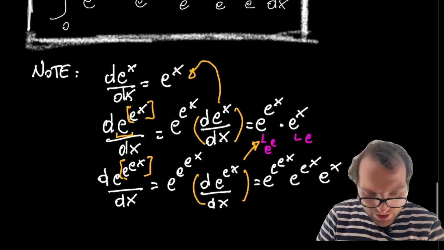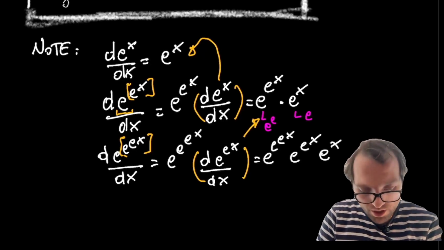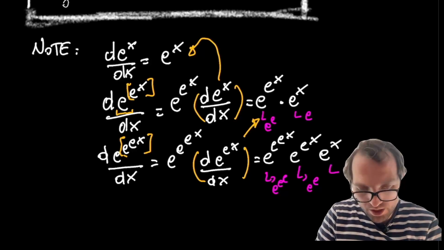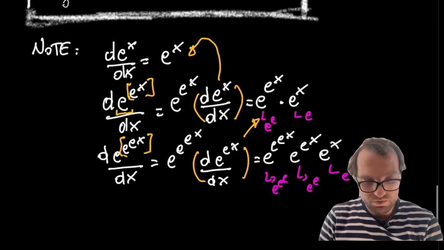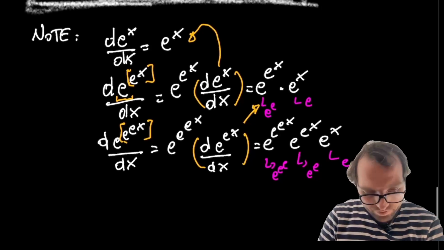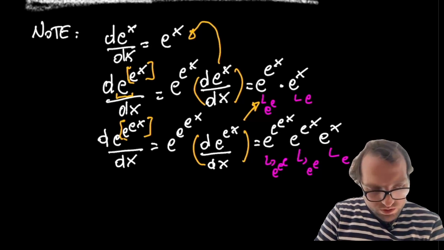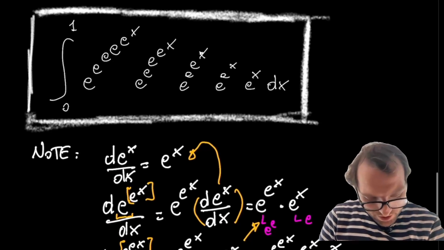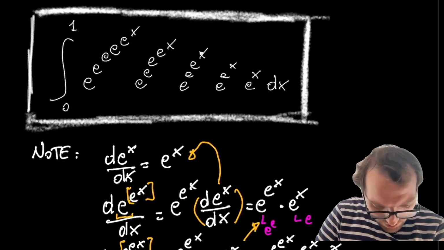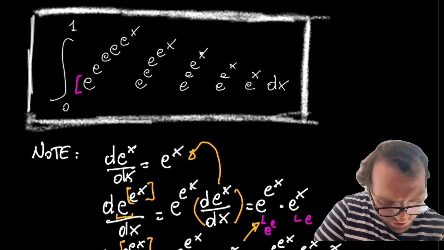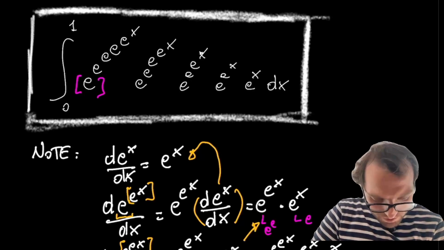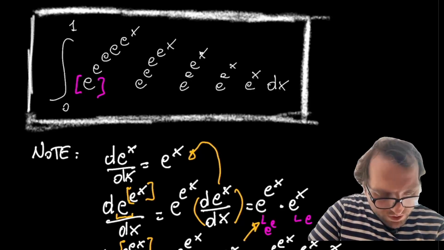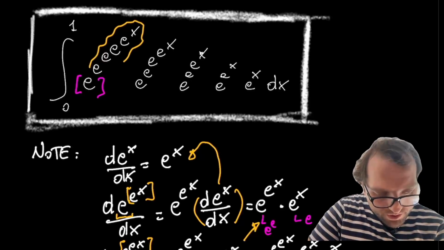And here you can see that this pattern keeps going on, because now here we have e to the e to the e, here we have e to the e, and here we have just one e. Okay, so now we can go back above. So in general we see that here we have the exponential as function, and the power of this exponential is this function here, e to